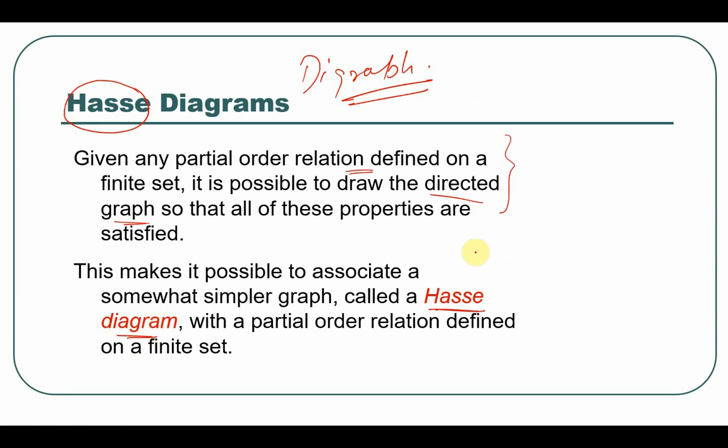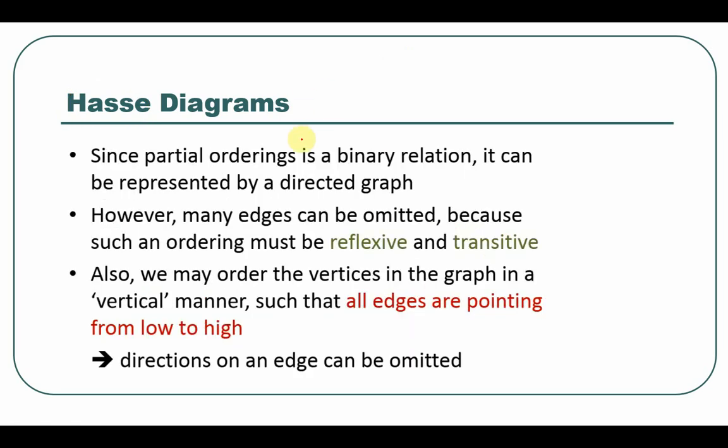We'll first see how to convert a digraph into a Hasse diagram, and then we'll talk about how to draw a Hasse diagram from scratch. Suppose partial ordering is a binary relation. So obviously any partial order, being a binary relation, can be represented by a directed graph, also called a digraph. So when we want to convert a relation digraph into a Hasse diagram...